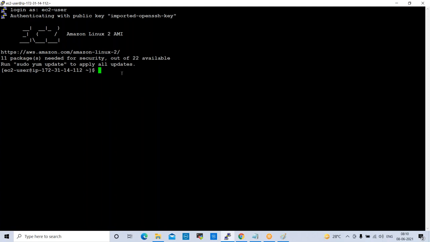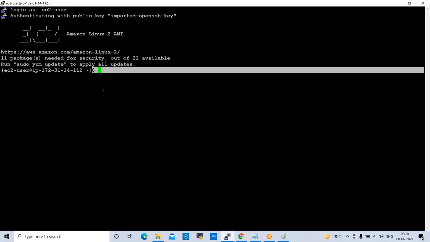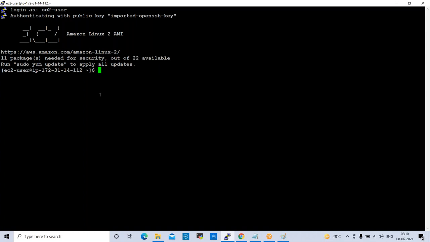First, if you want to switch to the root super user, the dollar prompt means it is a normal user. When you are working on production environments, we switch to a root user, because if you want to perform any activities, the dollar prompt will not be accepted, so commands will not be accepted.